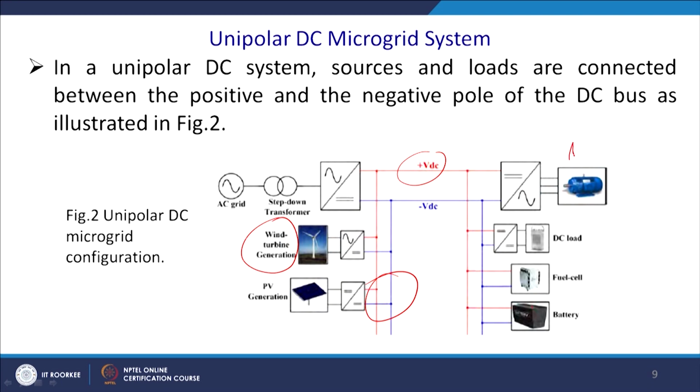It may be an adjustable speed drive, so you can apply V/f or vector control for better efficiency and better utilization of the torque. You may have a DC load, which can be LED lighting, and you can bypass different kinds of entities. This is your fuel cell. Fuel cells generally transmit power, so the power will go to this bus, and also you have a battery that will be bidirectional.